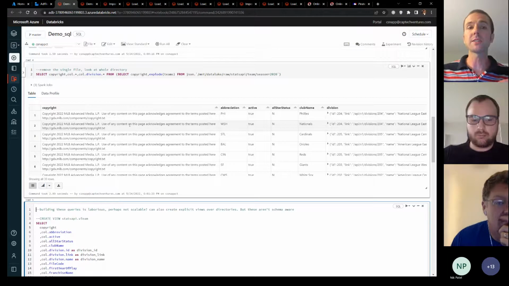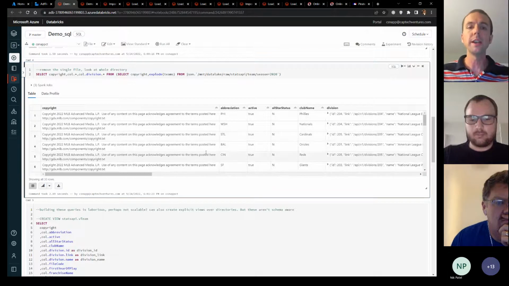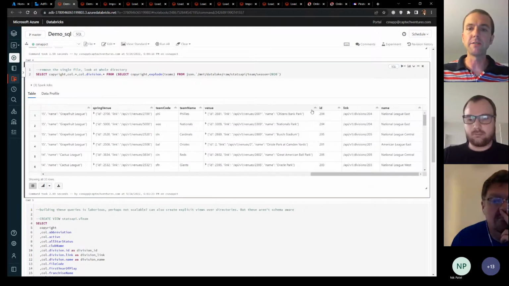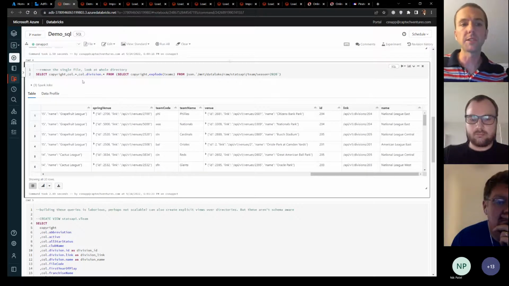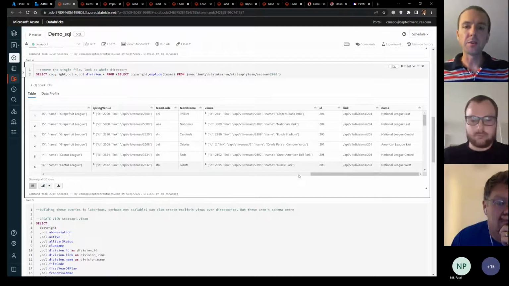So even though I'm processing, again, directly to files, I don't have to give it a file name. I can look at all the files in the folder, and Databricks can handle that. As you scroll to the right, you can see I've got my division ID, link, and name that came back from this division.star command. So that's good. We're getting there. We're getting everything flattened out.